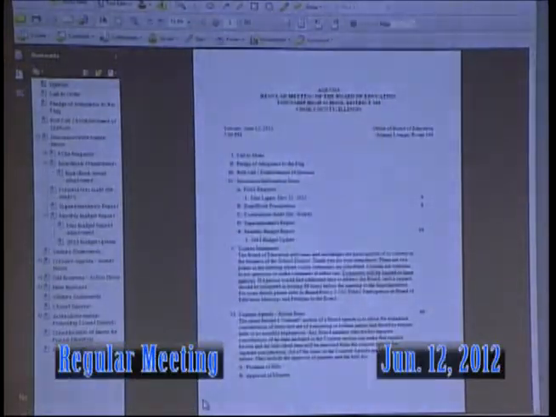I'm going to go back to the agenda, clicking the top bookmark. So there's no right or wrong answer here. It's whatever you're comfortable with as far as bookmarks and page number references go. Okay. These are all clickable links over here. Okay. The packet can easily be saved and annotated.